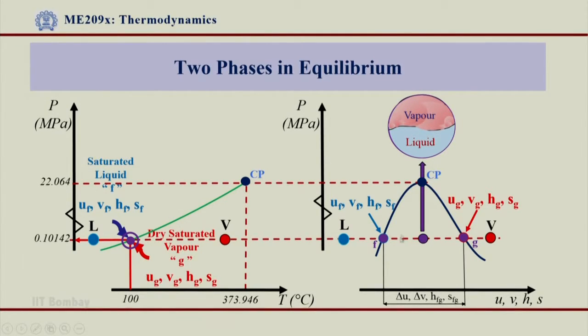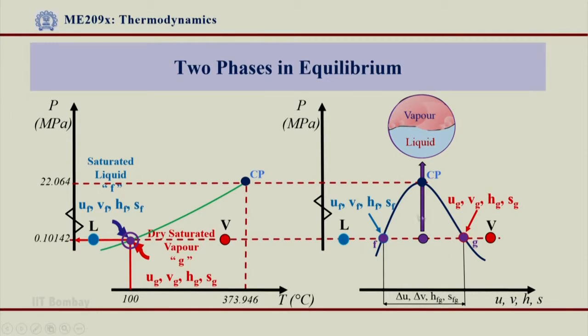So, here we got a vapor and liquid staying together. On this side we have 100% liquid, on this side you have got 100% vapor, anything in between is vapor plus liquid. That means for a given system U would lie between UF and UG, V will lie between VF and VG, H would lie between HF and HG and S would lie between SF and SG. Alright. So, SF is less than S less than SG, or HF is less than H less than HG, or VF less than V less than VG and UF less than U less than UG, you are in a two-phase